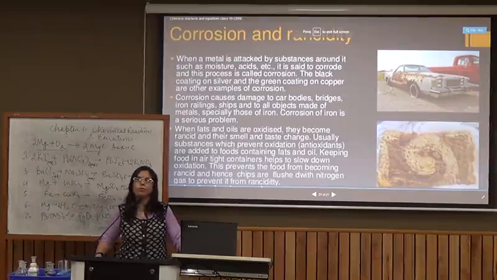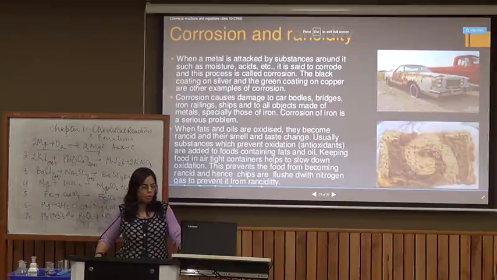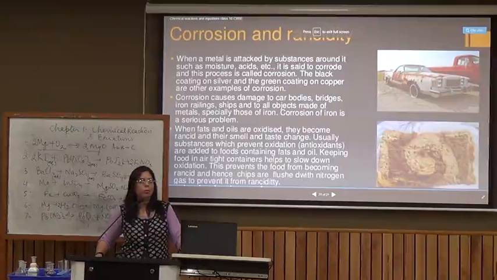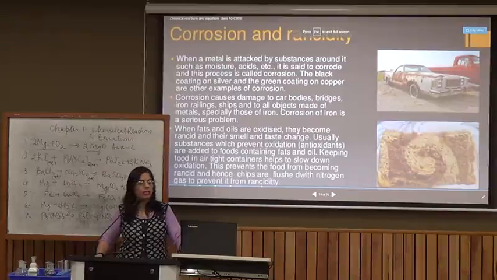This process of eating away of the top surface of metals due to reaction with moist air is known as corrosion. So corrosion of most metals happens due to oxygen present in air, while in the case of certain metals like copper, it reacts with the carbon dioxide present in air, producing basic cupric carbonate. So corrosion is due to formation of carbonate. In case of silver, the corrosion is due to formation of the sulfide, silver sulfide, which is black in color. So corrosion is basically the surface of metal getting attacked by moist air.